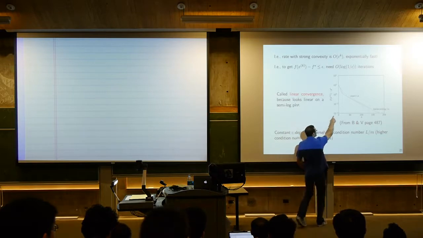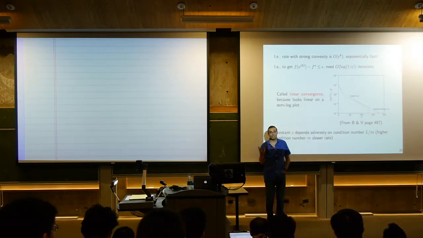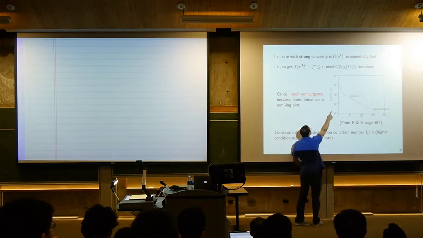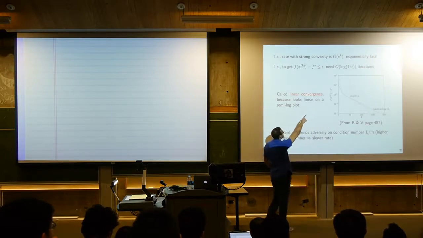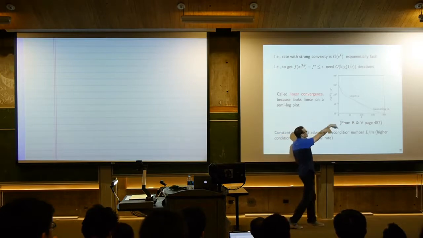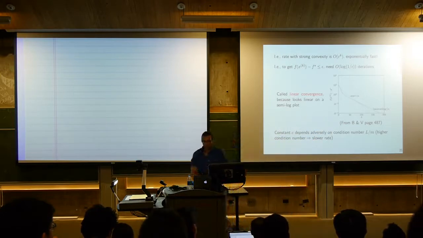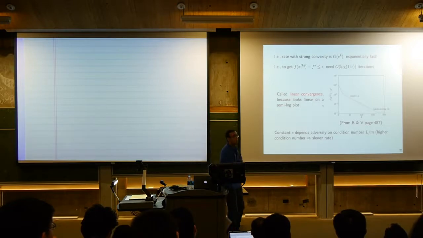the suboptimality versus iteration number when we look at convergence of these algorithms on a semi-log scale. So the y-axis is usually on a log scale. That's just the kind of convention in optimization. So if we were to plot this suboptimality on a log scale, then a rate like this, log of 1 over epsilon, looks like a straight line. That's all. That's why it's called linear convergence. Okay, it looks like you get a straight line